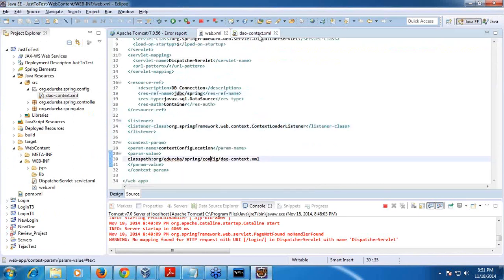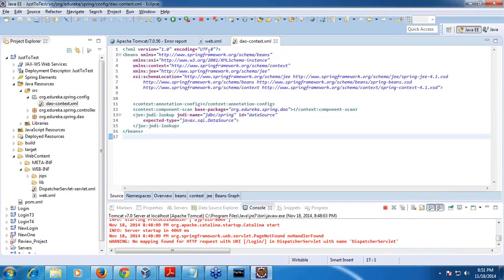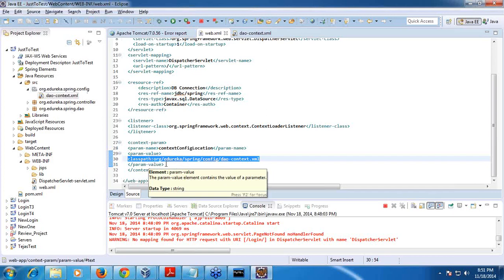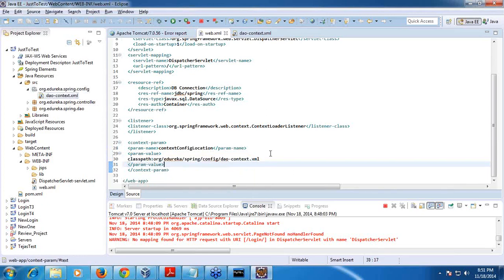Context. I'm really sorry, friends. This should have been working, right? Class path org spring config. There is no issue here, right?